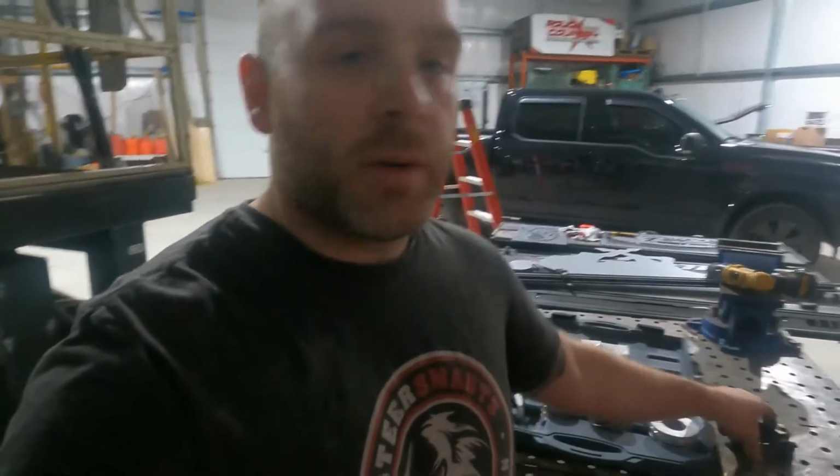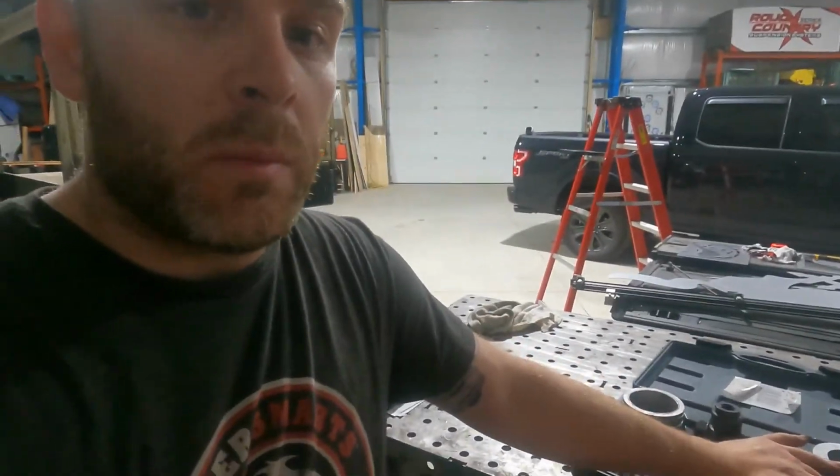So usually what I do is I expand it open to the size that I require. I take my die grinder and I cut a slit, maybe an inch in. That's about how wide these clamps are. So I cut a slot about an inch in so that it has something to collapse down and grab on the pipe that you're going over. And that's it. So without this tool here tonight, there's no way we would have been able to get this